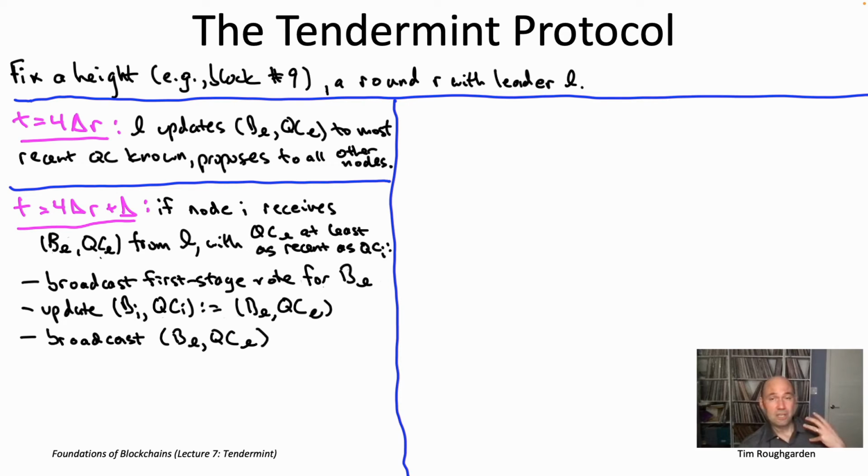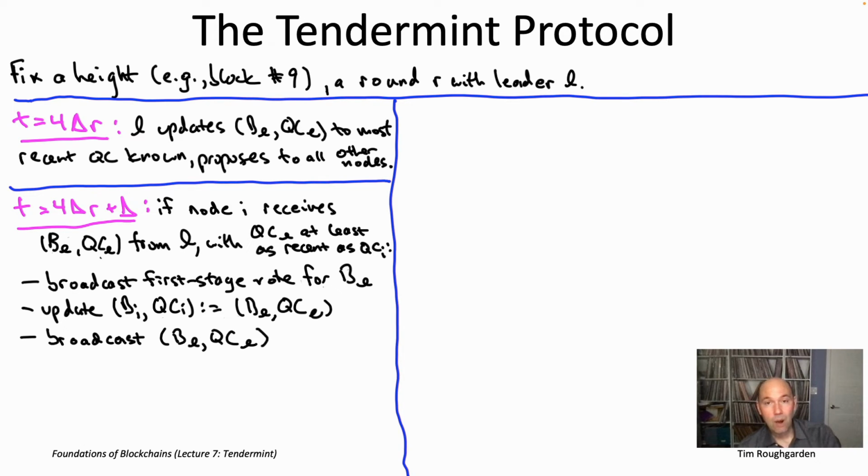So for example, there's the case where the quorum certificate received from the leader, QC_L, is equally recent to the one stored locally at node I, QC_I. That means that they are both for the same block number, the same round number, and the same stage number. And remember, we had that observation on the previous slide that in that case, they're basically interchangeable quorum certificates. In particular, they must be supporting the same block. So if there's a tie in recency between QC_I and QC_L, then also B_I equals B_L.